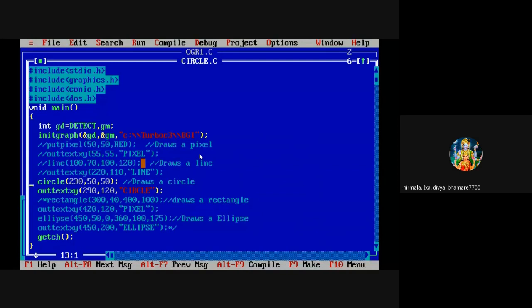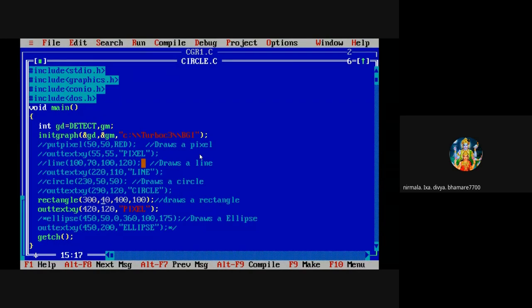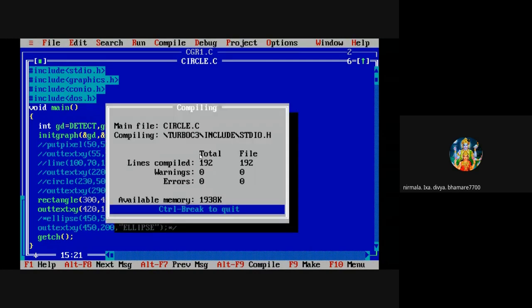Then next we are going to draw a rectangle. So how do we plot a rectangle on the screen? We are going to use the function rectangle. It has four parameters. 340 is the x coordinate and top coordinate of the rectangle, and 400 and 100 are the y and bottom coordinates of the rectangle.